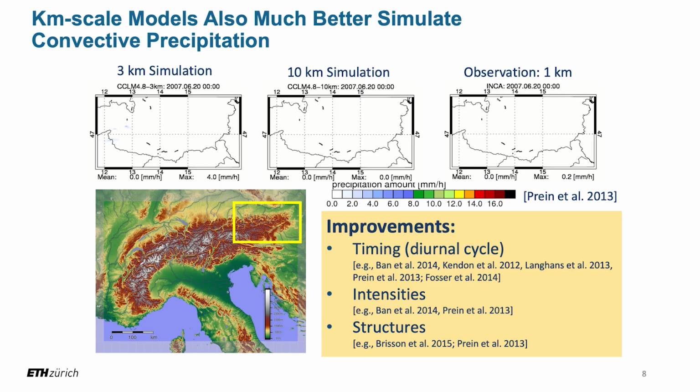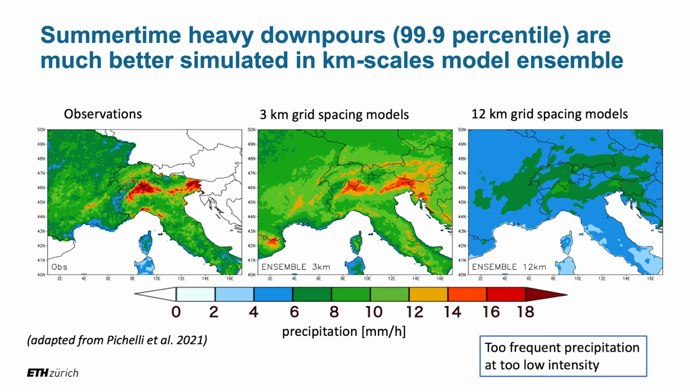If you look at the 10-kilometer simulations, it starts to rain way too early. It's very widespread, low intensity, so it really doesn't resemble anything that we see in observations. But if you go to 3 kilometers on the left side, it's really a regime shift. Now you get this very heavy rainfall, the structure of the systems looks roughly correct, the timing is much better. This has been confirmed again and again with multiple studies. That's a very robust benefit of going to kilometer scale grid spacings, that you resolve thunderstorm dynamics way more accurately.